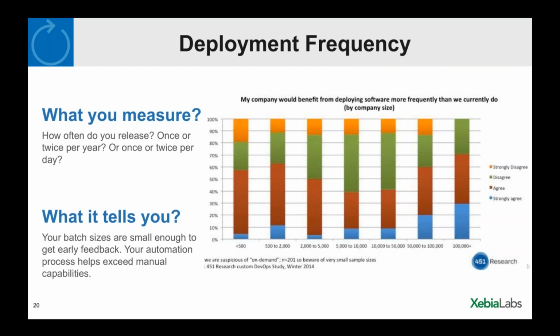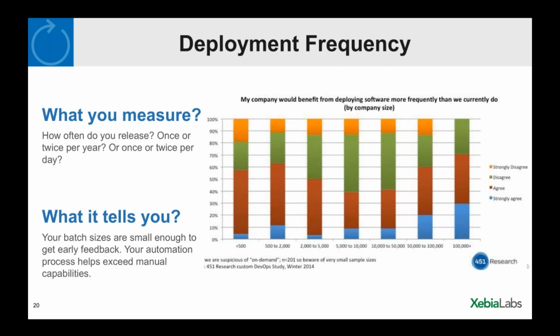This is going to tell you, are your batch sizes appropriate to get that kind of feedback, right? If it takes you a very, very long time and you're deploying less frequently, then that means you're going to be less able to respond. So perhaps that suggests you need to rethink the batch sizes that you're delivering, right? Automation is also going to help you with this. If you look at the overall balance of which of my processes are automated and which are manual, then you can further target ways that you can bring the time down and increase that frequency by automation. Okay.